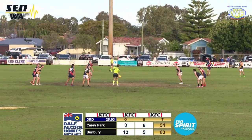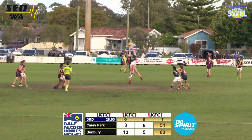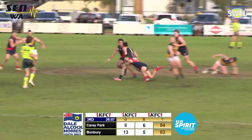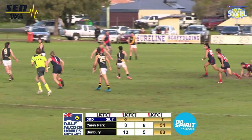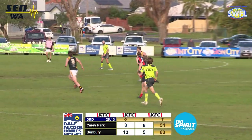Yeah, they sure have. And for all the dominance that Carey Park had in the ruck, they've got nothing to show for it. It's once again Morris wins it out. It comes to Gribble, over to Burraclough, back to King, who's been terrific in there. Back to Gribble, handball over there. Wow. He's got...